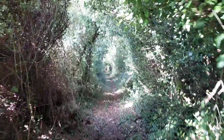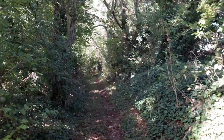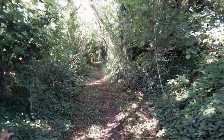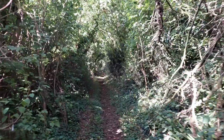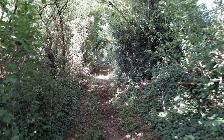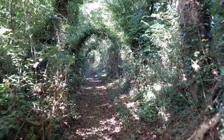Must admit, as I've been walking along these lanes, they do feel like they're somehow a link to the past, a link to the people that have gone before us. In its own little way, lanes like this just go to show how mankind shapes the environment around him. Back when this particular lane would have been in more regular use by people going about their daily business,